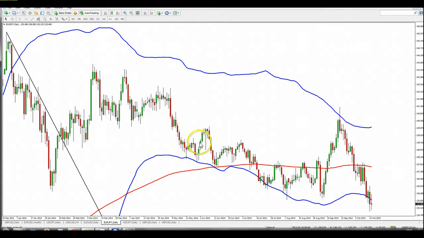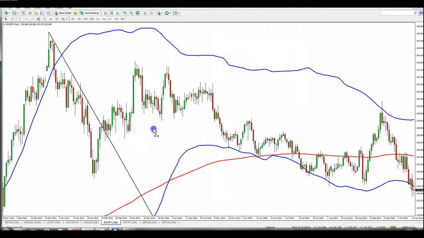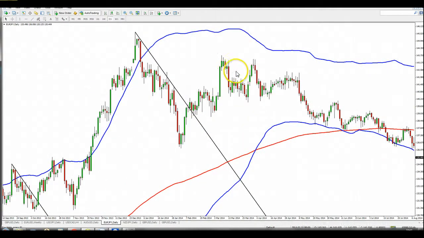Okay, so we know we're still in an uptrend at this point in time. We can see here, we don't need the Bollinger Bands right now to tell us that we're in a range market. Just look at the price, it's going sideways. It's been going sideways for days. We're still caught up in this range of this big move, the big move up, the big move down. If this is the A, this is the B, this is the C, right? We're still caught in this range of the